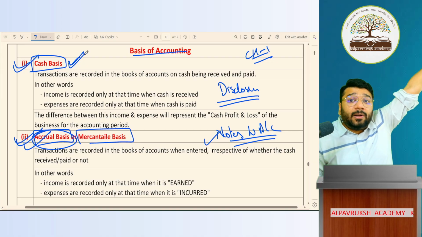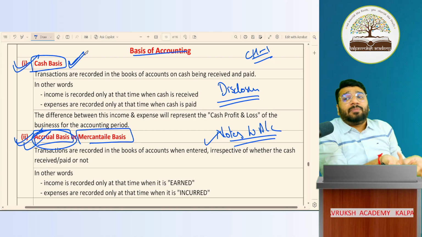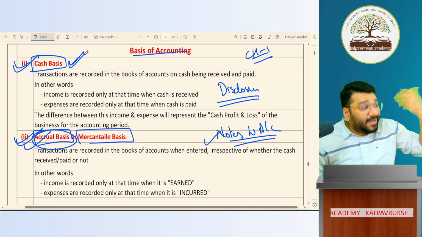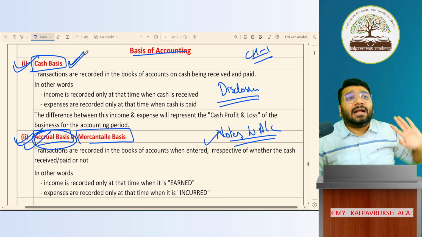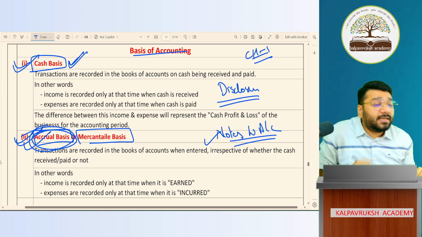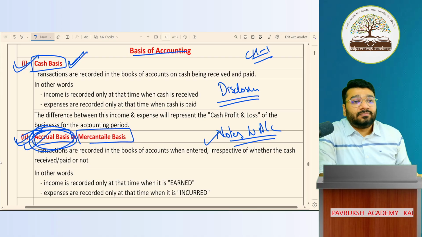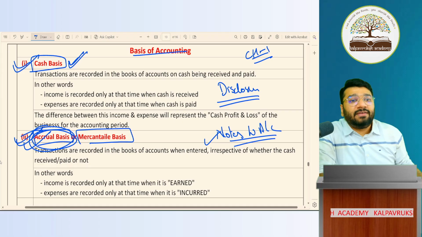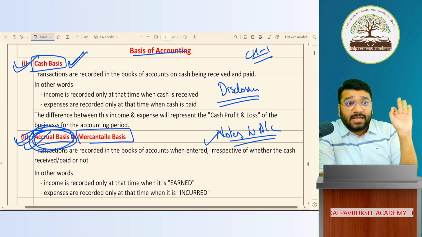So if you allow people to prepare on cash basis, then everybody will prepare on cash basis, because preparing the financial statement on cash basis is very easy. Then everybody will prepare that only. Nobody will follow accrual basis. And somewhere the compulsion should be there, no? Where is the compulsion given? If you prepare a financial statement, not in accounts, I'm talking about sole proprietorship concern and partnership concern.